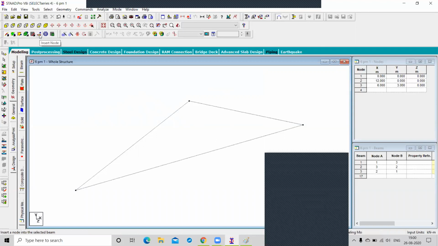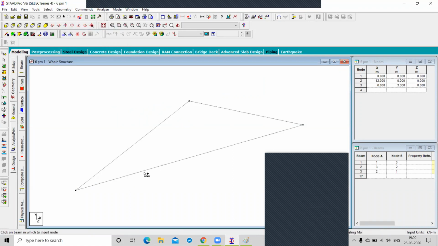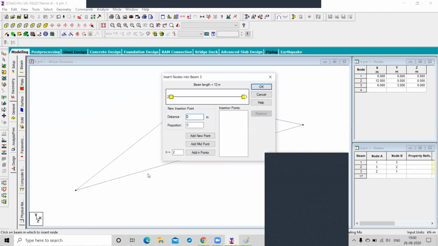So we have insert node, right? You can activate insert node from the geometry also. You just click on insert node and click on this beam.